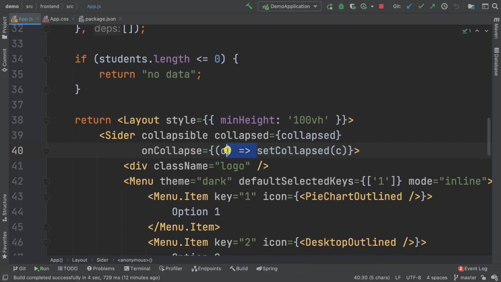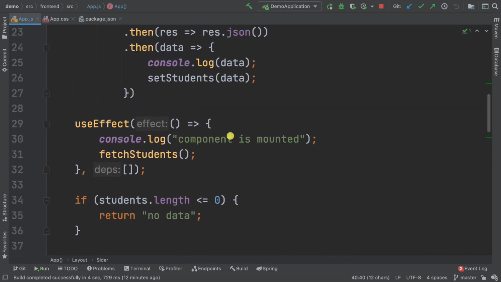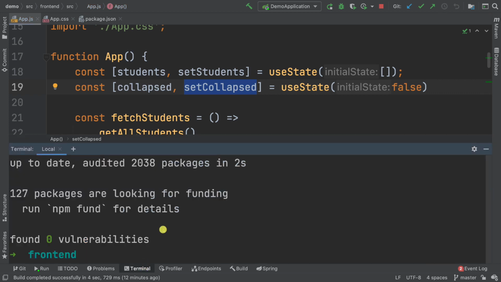And I think that I can just remove this right here, and this is much cleaner, right? So this setCollapsed is this one right here, so our own method. So let's try and start this, because we've made quite a lot of changes. So npm start,